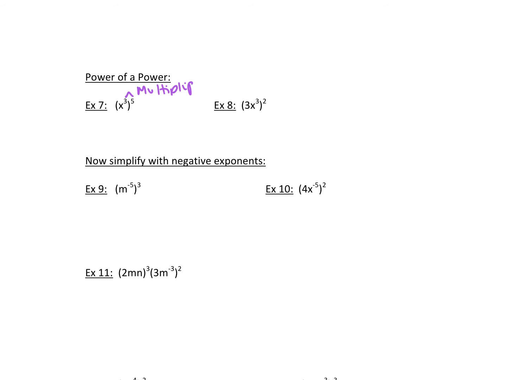Spell multiply correctly. Okay, so you multiply the exponent. So this would produce x to the 15th power. Okay, and the reason that happens, if you broke it down, x to the third to the fifth is x